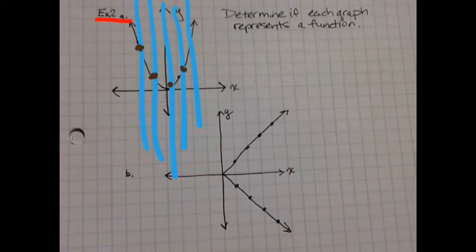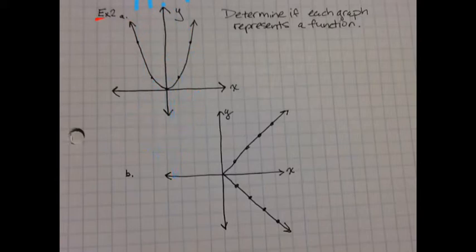This lets me know that indeed this is a function. If I try that with the second graph, notice what happens. So again, I'm going to go around drawing my blue vertical lines, and practically every time, I'm hitting the graph